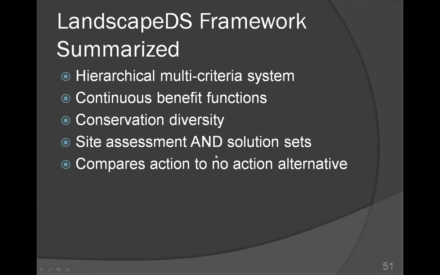And in summary, this framework is in essence a conservation planning framework that's a multi-criteria system and uses continuous benefit functions. It looks at different types of conservation, not just fee transfer, for instance. It looks at site assessment and solution set, and it compares action